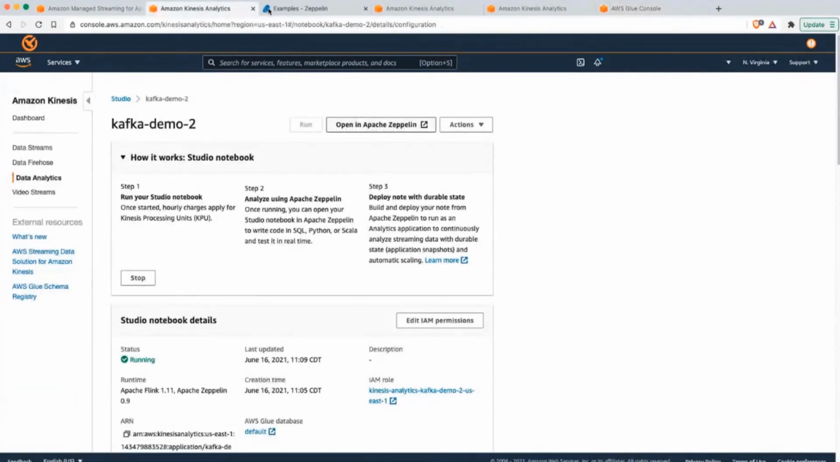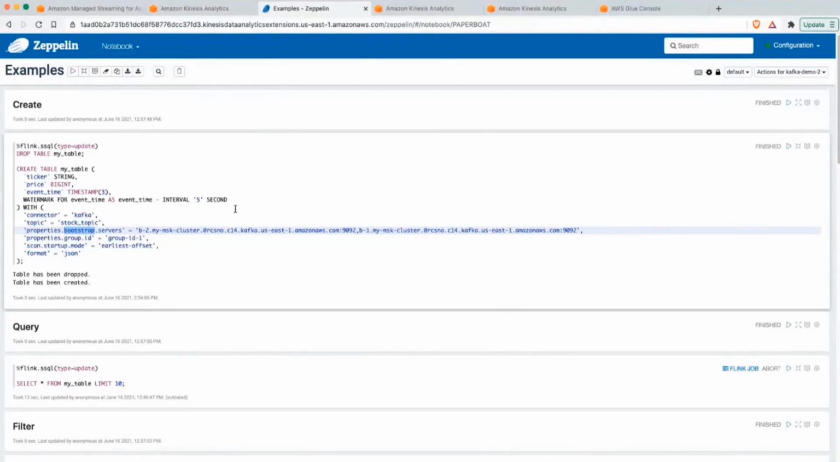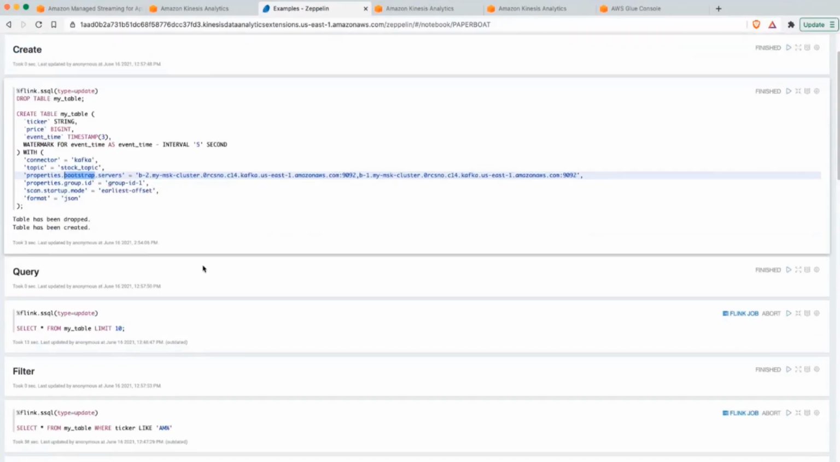And I've already run this previously just so that the demo is a little bit faster, but your first paragraph as you run it will always take a little bit longer just because it has to spin up the resources to run the notebook. But now that we've got this configured, let's go ahead and send some data into our